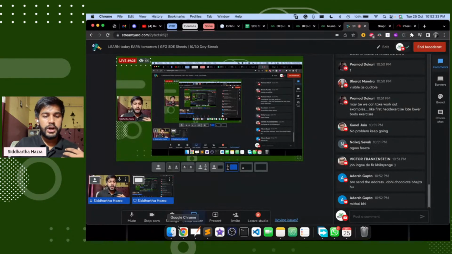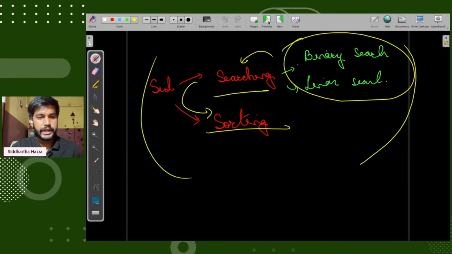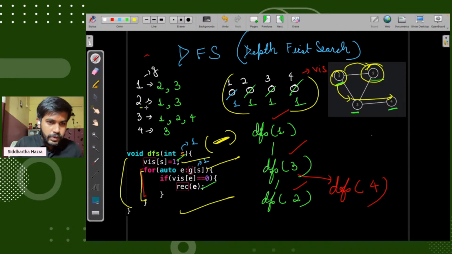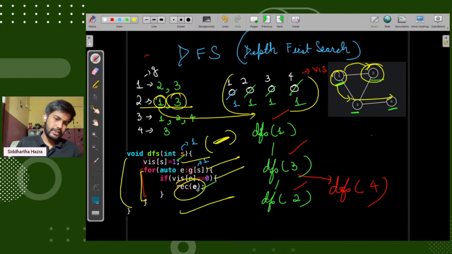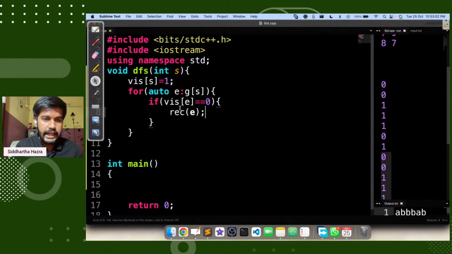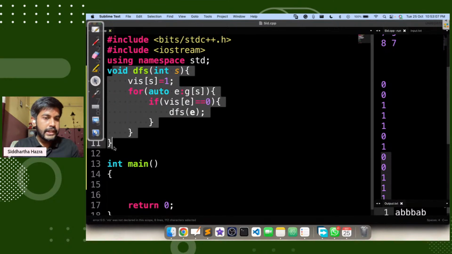So now the code of DFS, I would explain you again. The code of DFS is very easy. First, we would maintain a visited array like this. Then we would be visiting each node of that particular array. If the node is not visited, we would just pass it to the function. The only mistake is I have named this as rect. This would be D. Now am I clear with the code? Quickly give me a one.